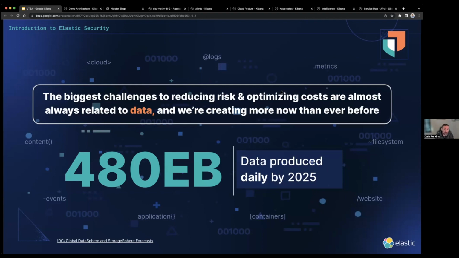We're creating more and more every day between container environments, cloud environments, malware analysis, observability solutions. There's a huge amount of data being created, and dealing with that is at the core of most of the problems that I've seen in the different security technologies that I've used in the past.